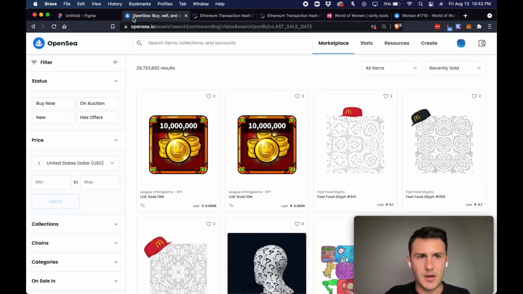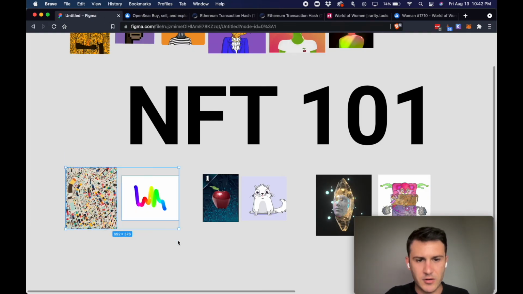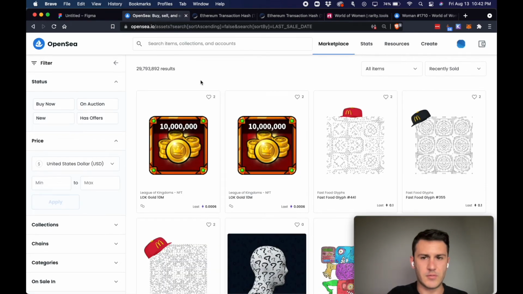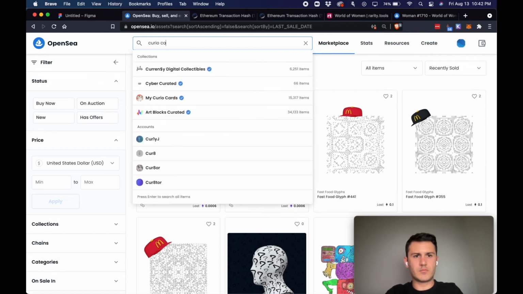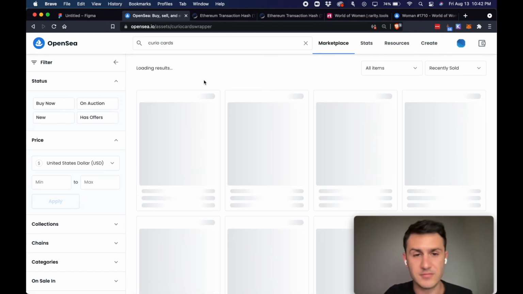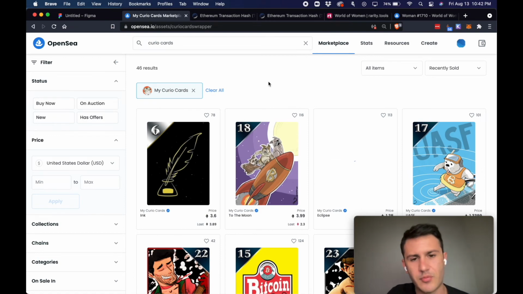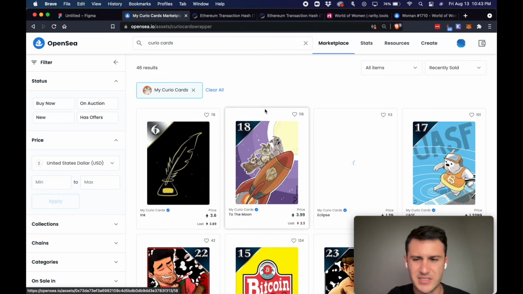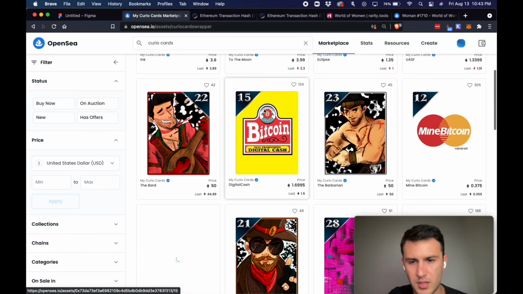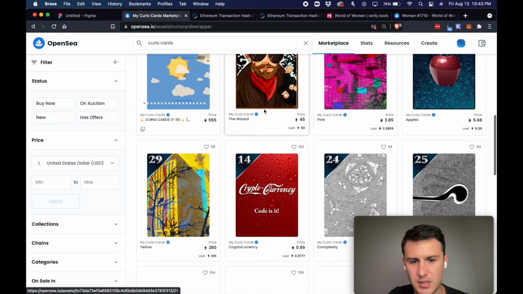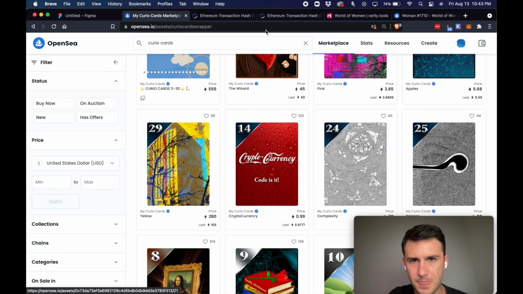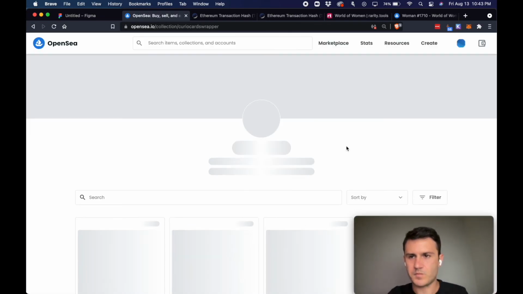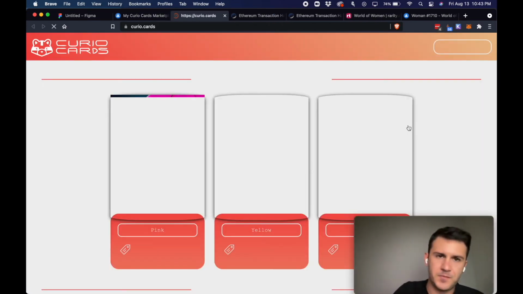Okay, so that's that. Let's go back. We looked at generative art. I just want to show Curio Cards because I think it's important just to know what they are. So these are one of the first NFT projects that was a collection of things together, and it's all over the place, and the art's not that great, but you know. So if we go to the actual website, we search Curio Cards, click the chip, view the collection, go to their website, and you can kind of see,